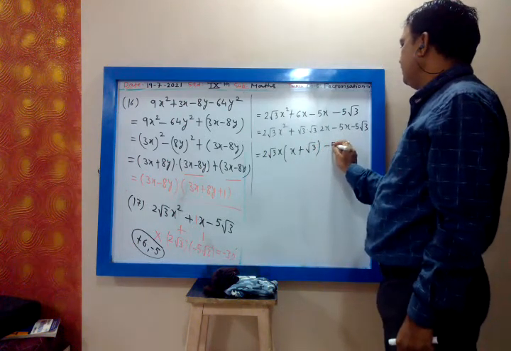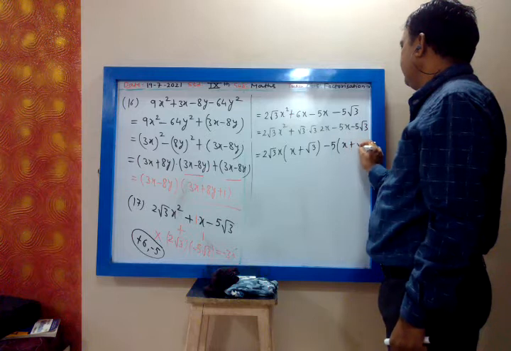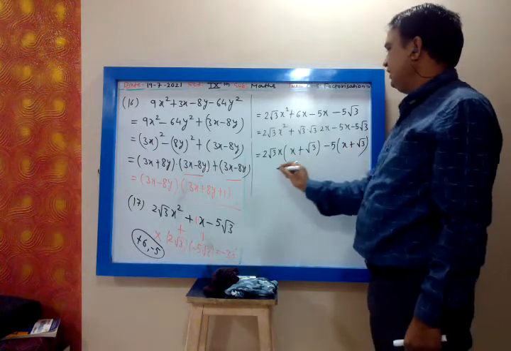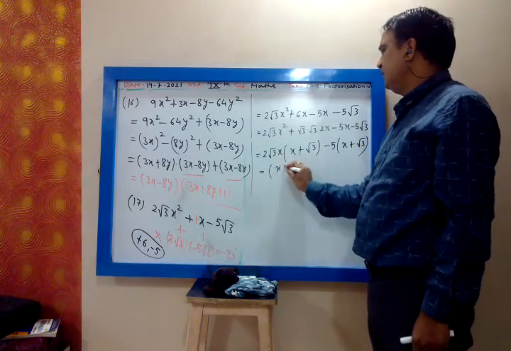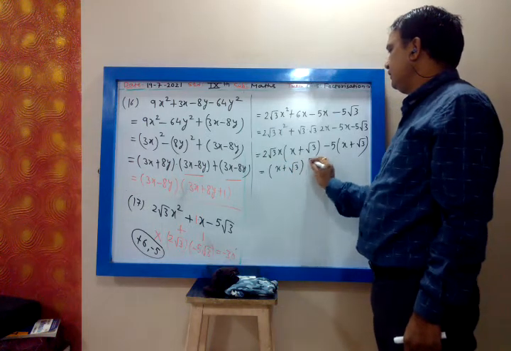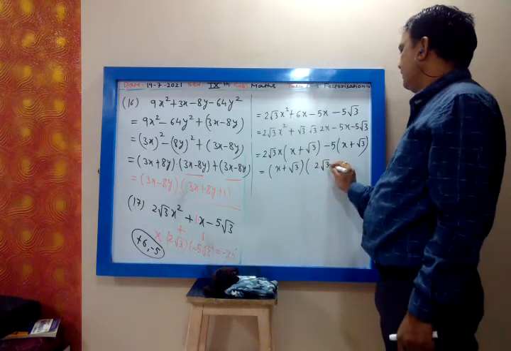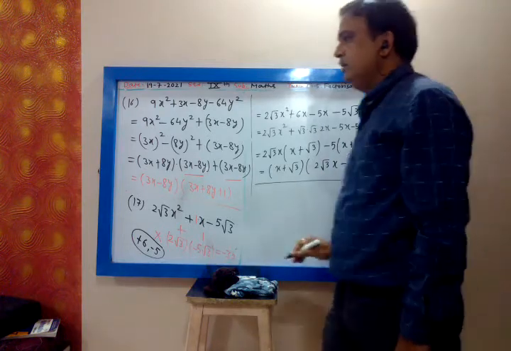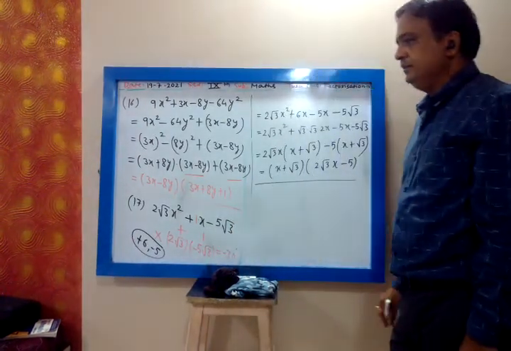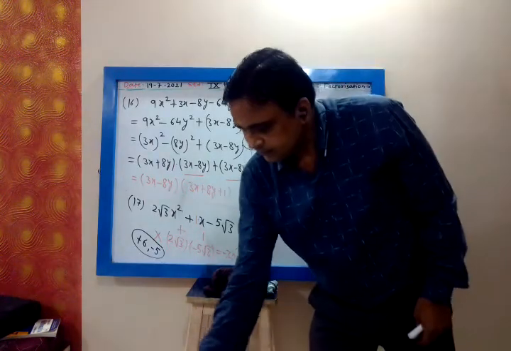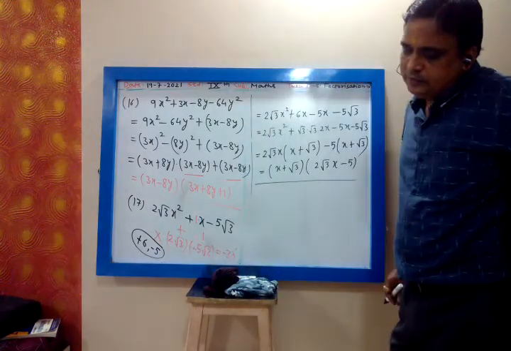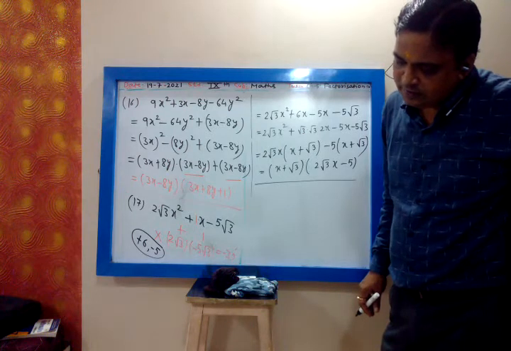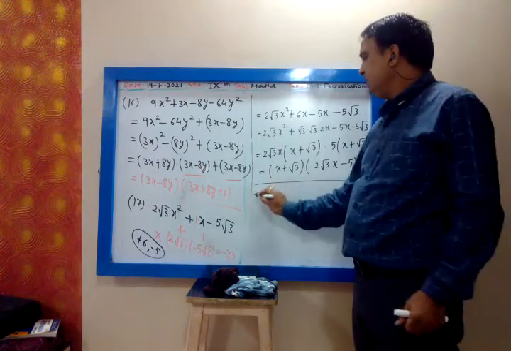Then minus 5 is common. Then it is x plus root 3. X plus root 3 is common. Then what is left? 2 root 3x minus 5. And this is the answer. 2 root 3x minus 5 is the answer. So 6 I will write 3 into 2, 3 I will write root 3 into root 3, then 18,